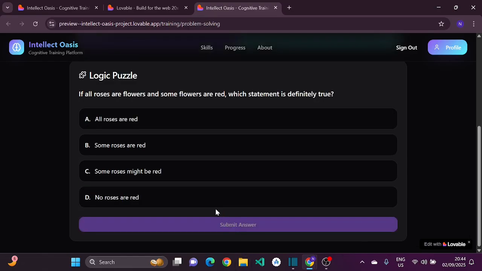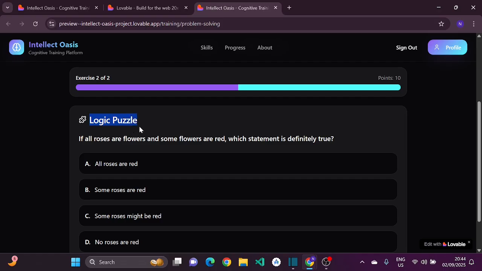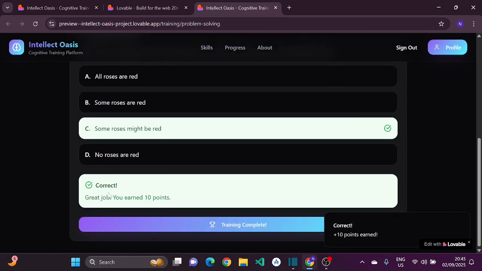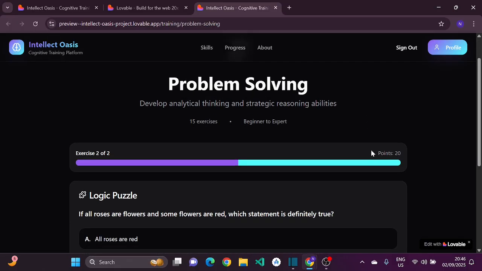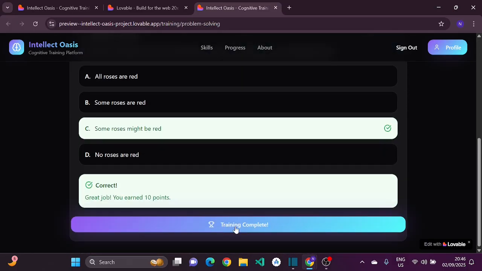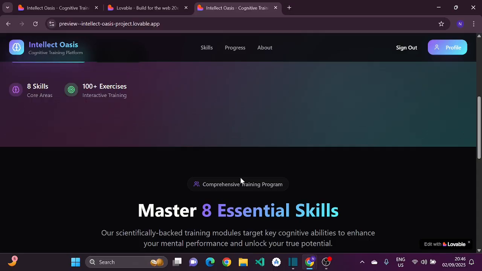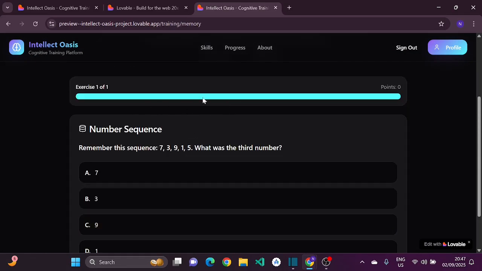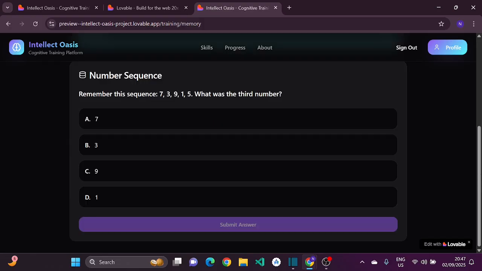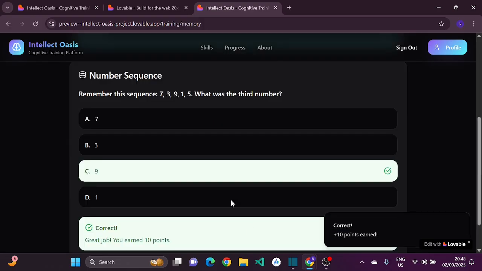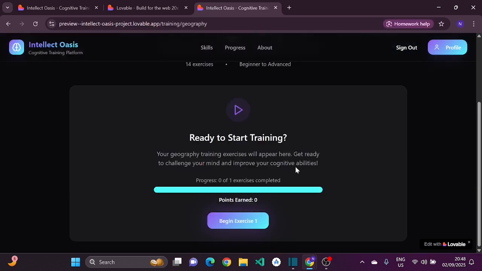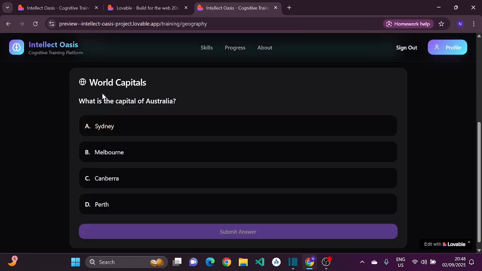Next exercise, we have here the name of the exercise, logic puzzle, submit answer. This is a correct answer. Here you see I have 20 points. Click training complete. Here we go. Again exercise. We have here only one exercise. What was the third number? Okay, correct. Complete training. To try this, geography, exercise, world capitals,